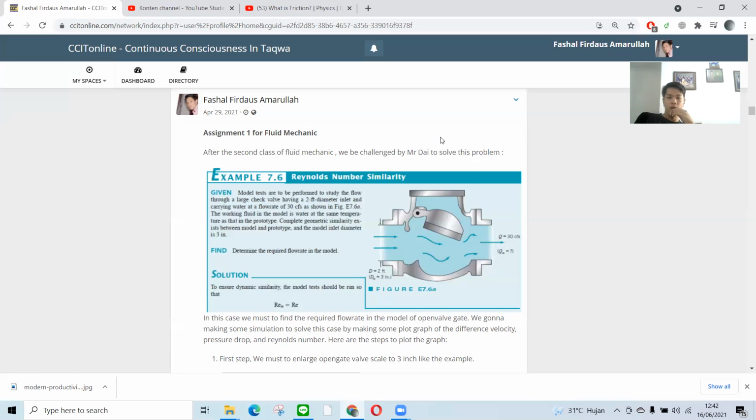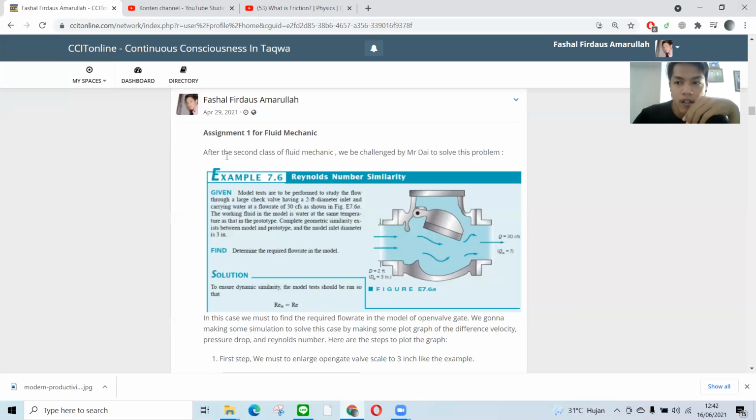In this section, I will explain how to equate the flow in the gate valve. In this assignment, we're going to use software named CFD. With this CFD, we can determine the pressure drop in the gate valve.